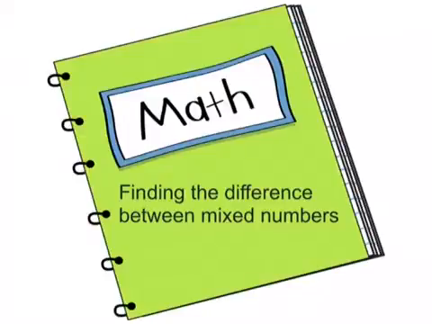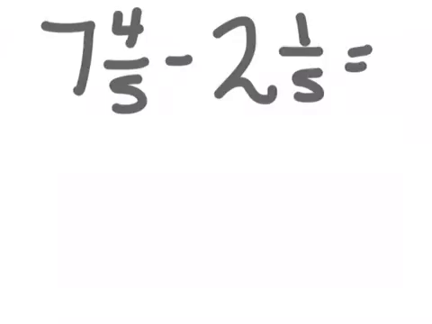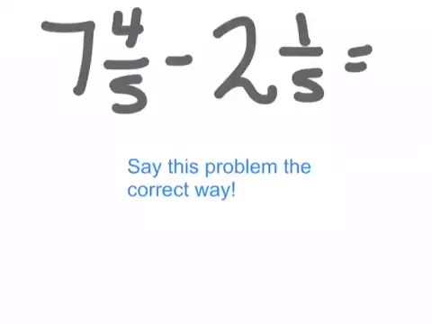This video will show how to find the difference between mixed numbers. Let's have a look. If we have a look at this, 7 and 4/5 minus 2 and 1/5. The first thing that I want you to do is say the problem the correct way, just like we did